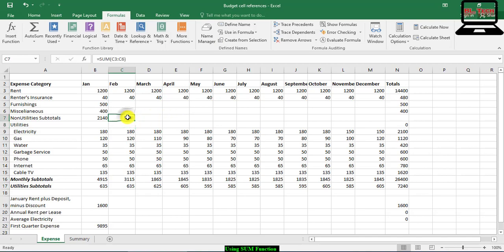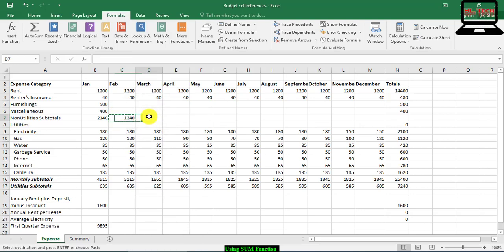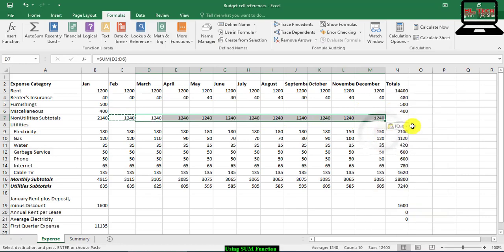You can copy C7 to D7. Copy D7 to E7. Paste. And press Enter.